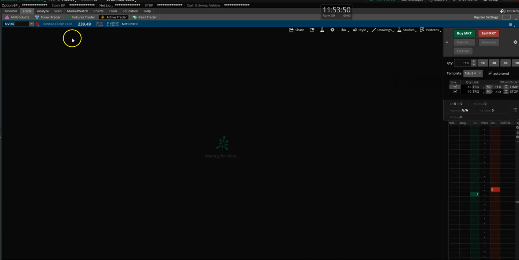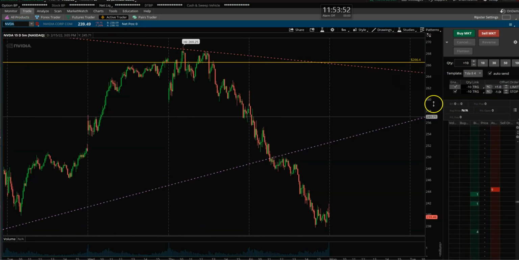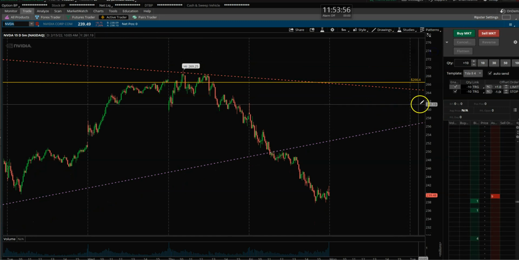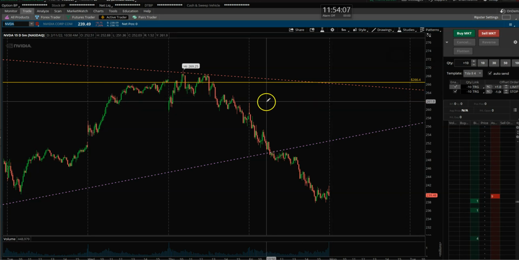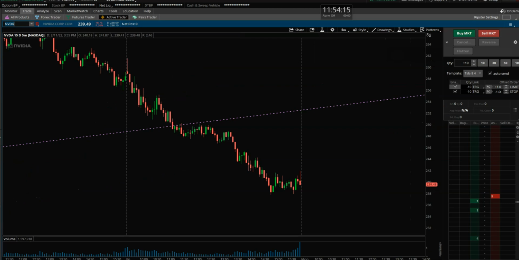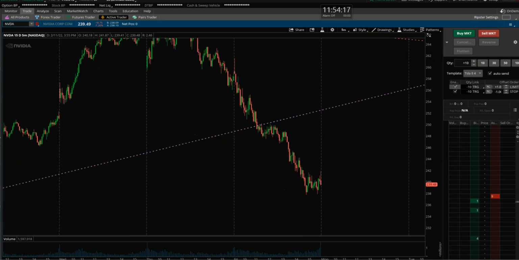Okay, now let's see what happened in Nvidia. And there you go. Nvidia 263.6, right? That was the level to get above for it to be intraday strong. It never got above 263.7. So no calls, not even an attempt to play a call. So if you're getting in calls over there before it breaks 263.7, you're totally off. You're not paying attention to what we are preaching to you on this platform.